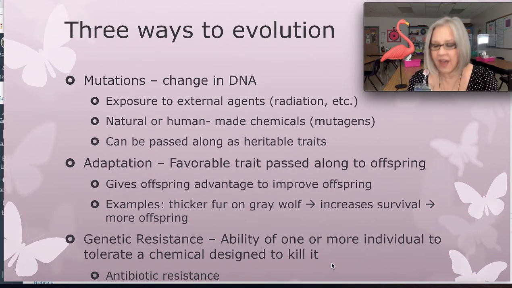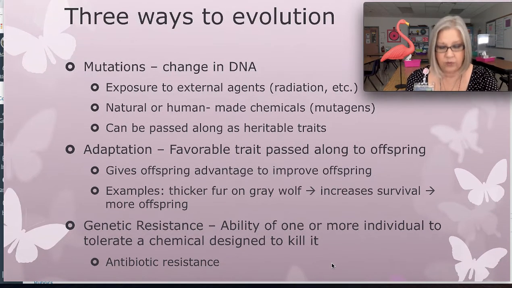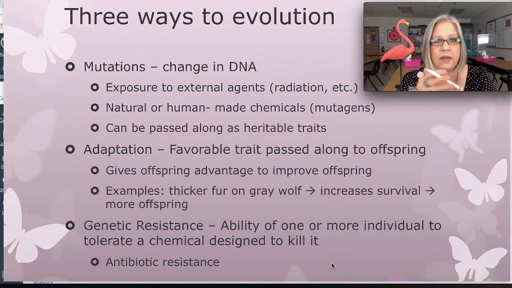All right, so how do things evolve? There are three ways. The first one is through mutations. So there's an actual change in the DNA. We're seeing this with COVID-19. It is mutating, and it is mutating to be more successful. All right, so usually mutations involve things like